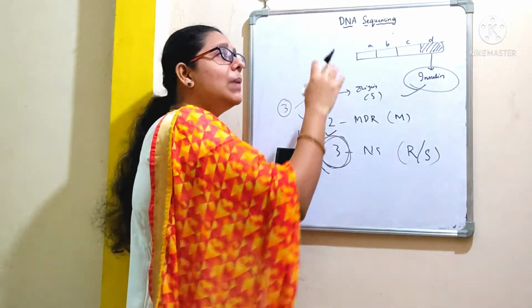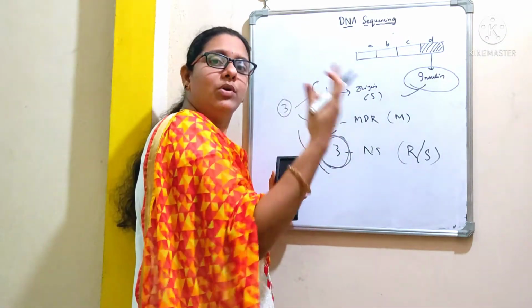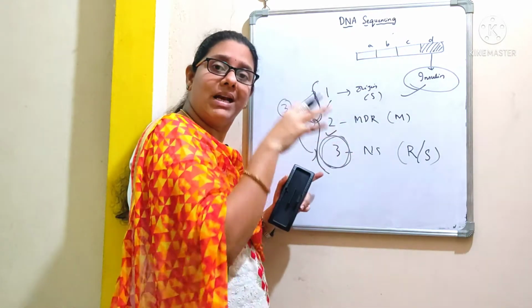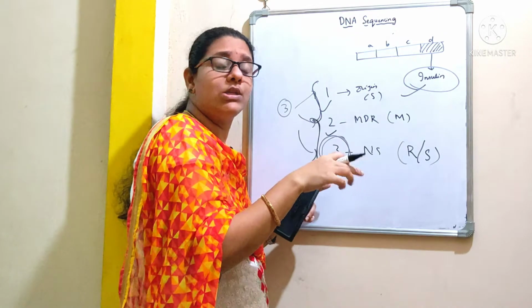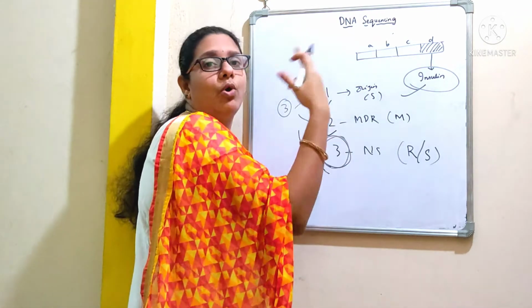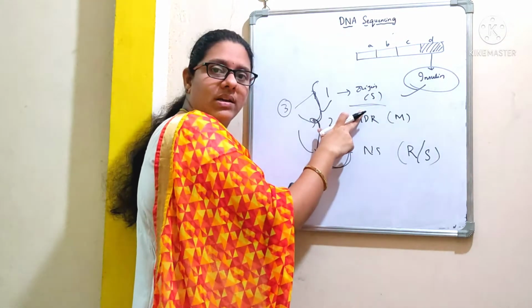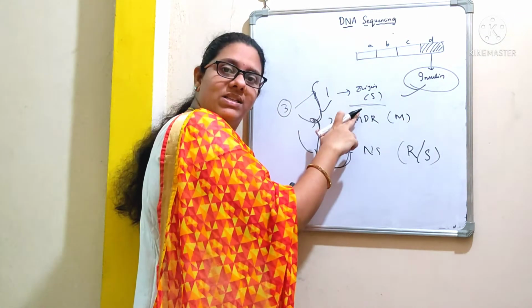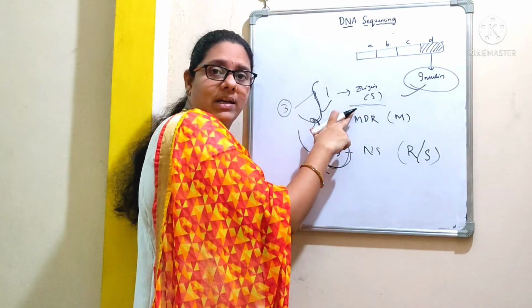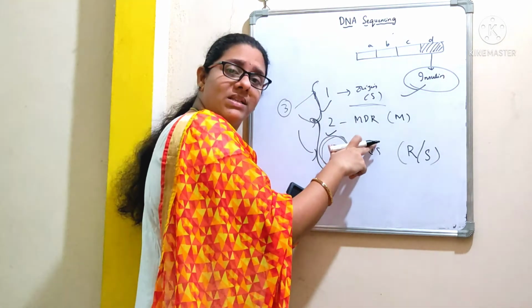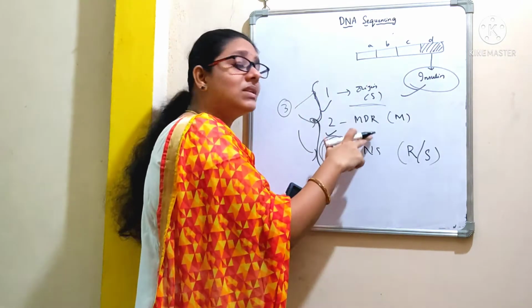With the help of this DNA sequencing, we'll come to know the presence or the absence of the gene. At the same time, we'll come to know which gene is responsible for making the organism more pathogenic. Here, this is a sensitive strain because it doesn't carry any genes that code for resistance to the antibiotic. Whereas coming to this mutant strain, there is presence of certain genes which code for resistance to antibiotics.